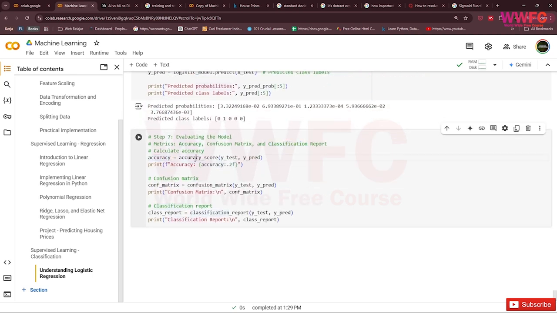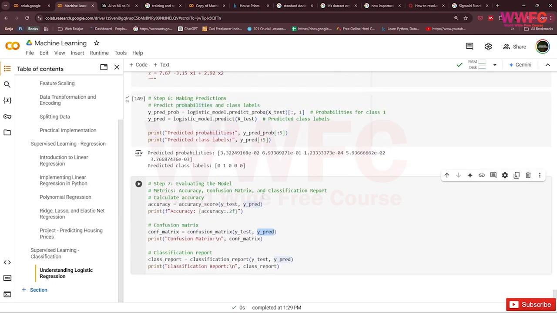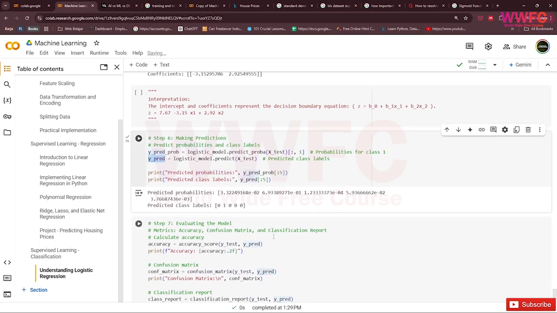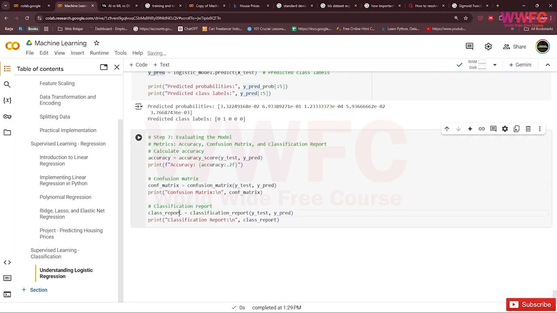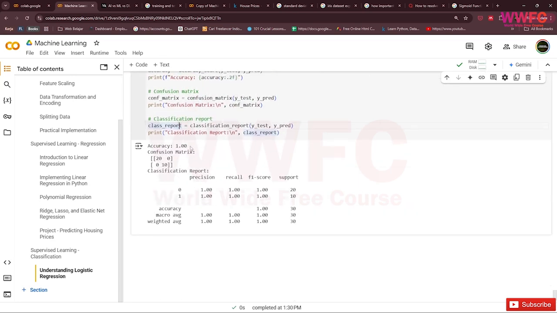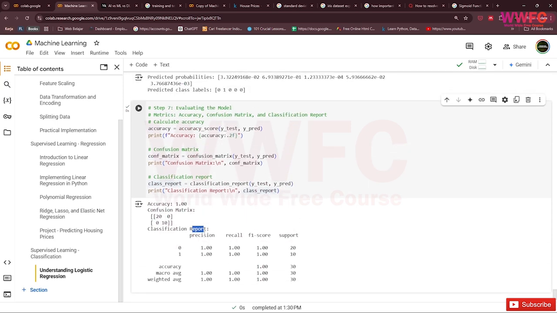So the accuracy is using accuracy score, and we can use y test and y prediction. So print accuracy and confusion matrix, and y test and y prediction. So classification report, we check in here. So the accuracy is 1, confusion matrix is like this, classification report. So this is 100% accuracy.